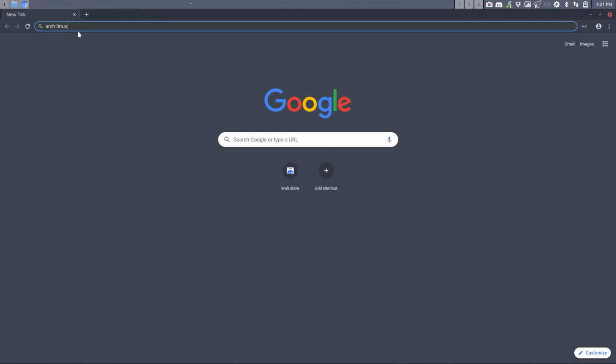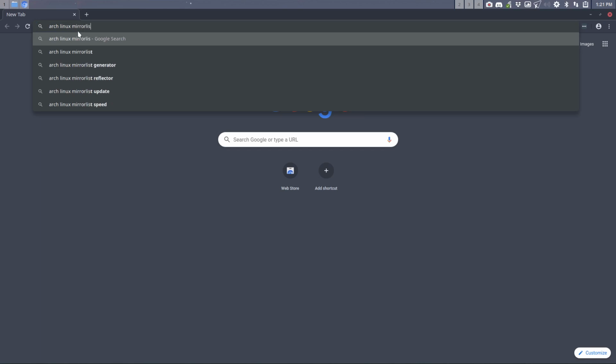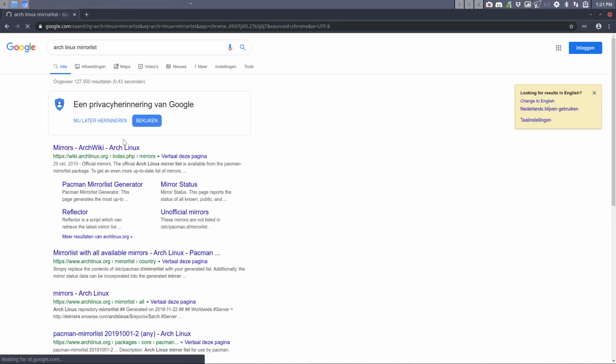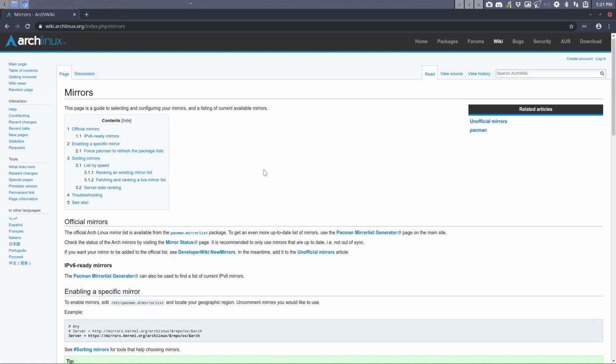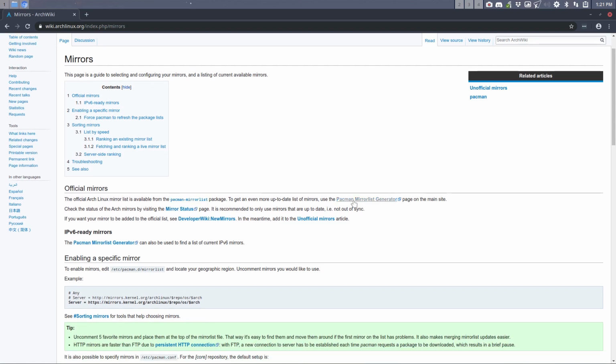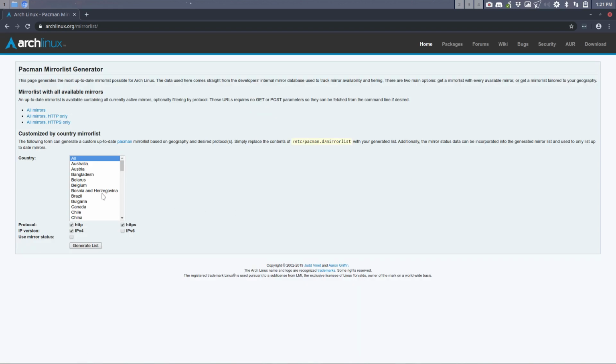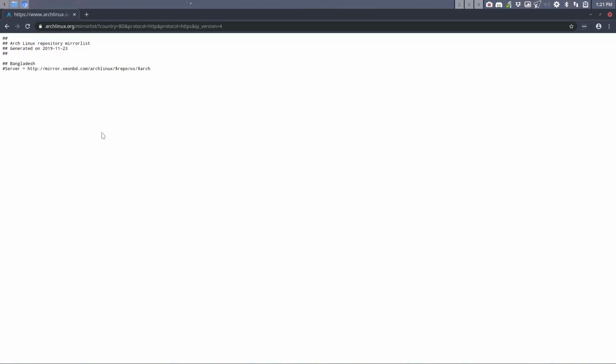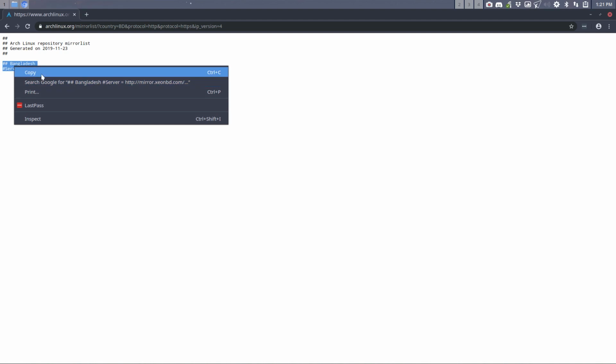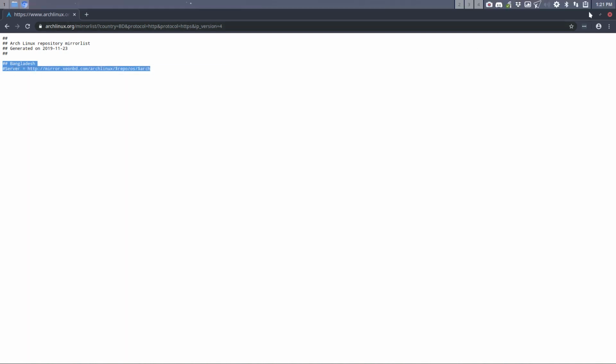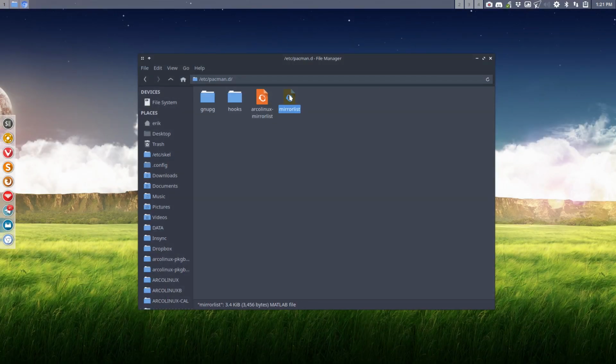And then mirror list, and go look. Okay, mirrors, Arch Wiki. Okay, Pacman mirror list generator. Oh, look at that. Bangladesh. Generate list. It seems there's just one of them. So if I wanted to have that one, I could copy it over.